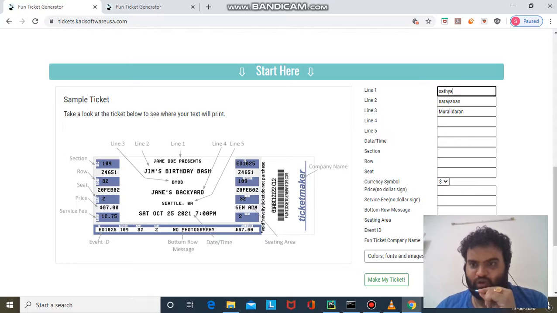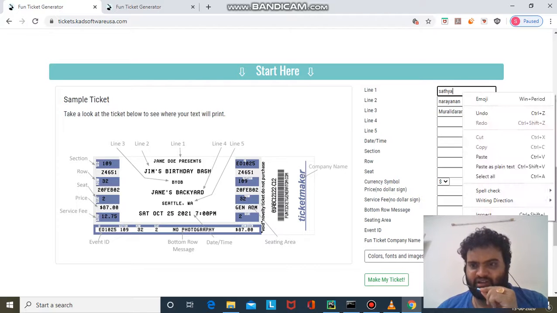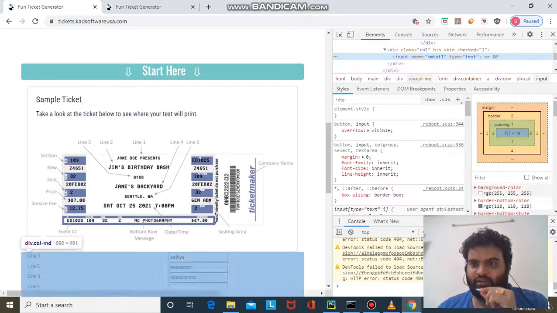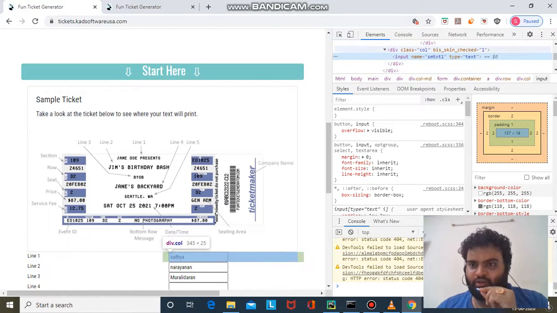So here is how to find the locator, because for all automation scripts you need to tell the system to which element you need to enter the data. It's simple: you need to go to Chrome and click inspect. There you can see this name, smtxt1. So this is how you will be telling it.